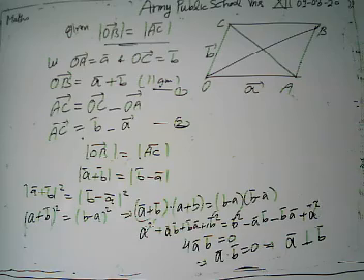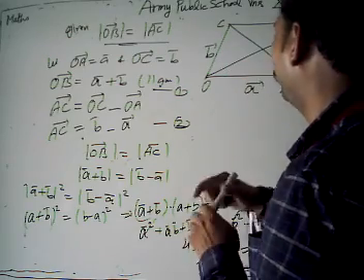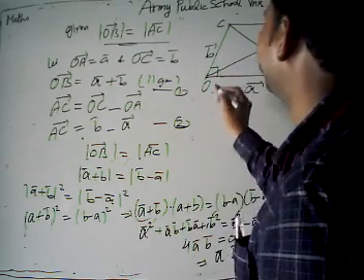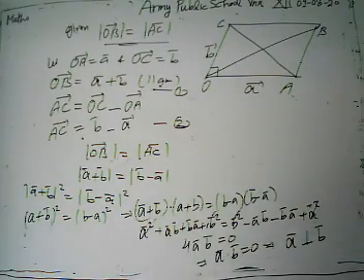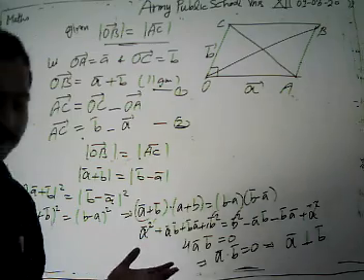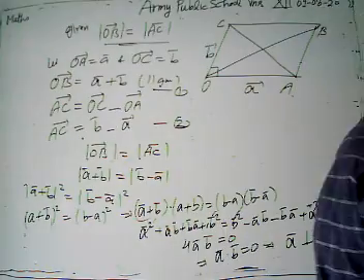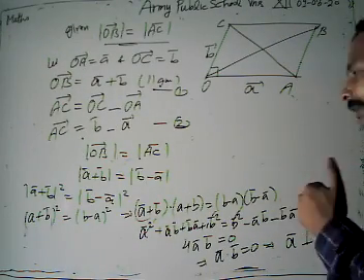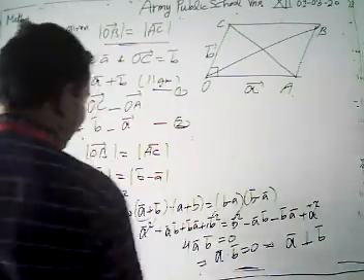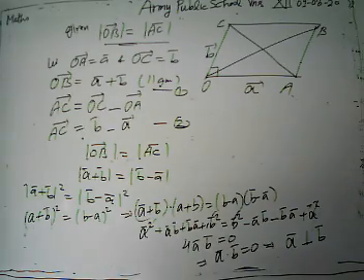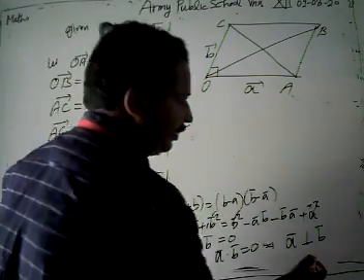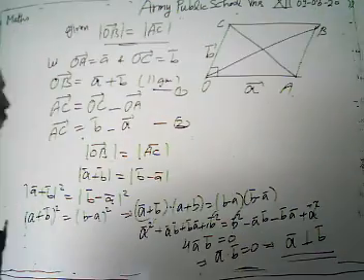What we have to prove here is that vector A is perpendicular to B. What does A perpendicular to B mean? It means 90 degrees. If in a parallelogram one of the angles is 90 degrees, then it is a rectangle. Hence our parallelogram OABC is a rectangle, because we have proved that vector A is perpendicular to B.